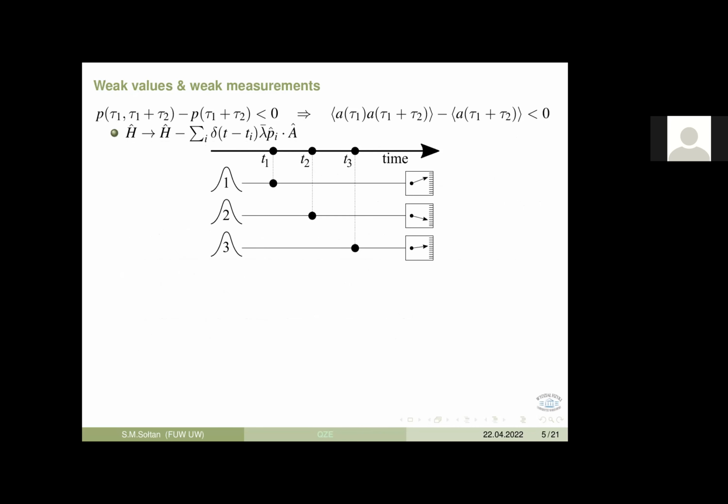What do I mean by a weak measurement? Basically, instead of a strong projective measurement at specific times, we have short-living interactions. Here, they are even modeled by delta functions in time. Short-living interactions with some probes, with some systems. And during these interactions, the specific observable we want to measure, in this case a projection on the initial state, is coupled to some degrees of freedom of these probes. There is a continuum limit of this model,